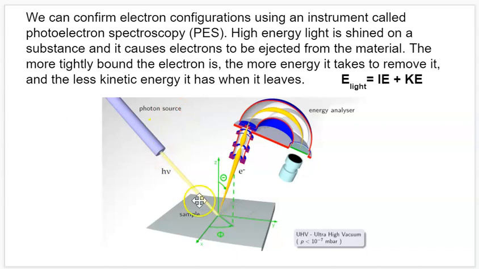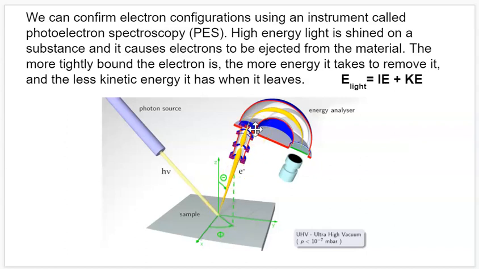So we have this high energy beam of light that is hitting the sample, and the sample is going to be absorbing that energy. And that's going to excite the electrons. What I mean by excite the electrons is that the electrons themselves are going to absorb that energy, and that energy is going to be enough to overcome the force of attraction of those electrons to the nucleus. And based off of where those electrons are in the structure of the atom, if they're inner shell electrons or outer shell electrons, they're going to leave the atom, they're going to be ejected, and they're going to have